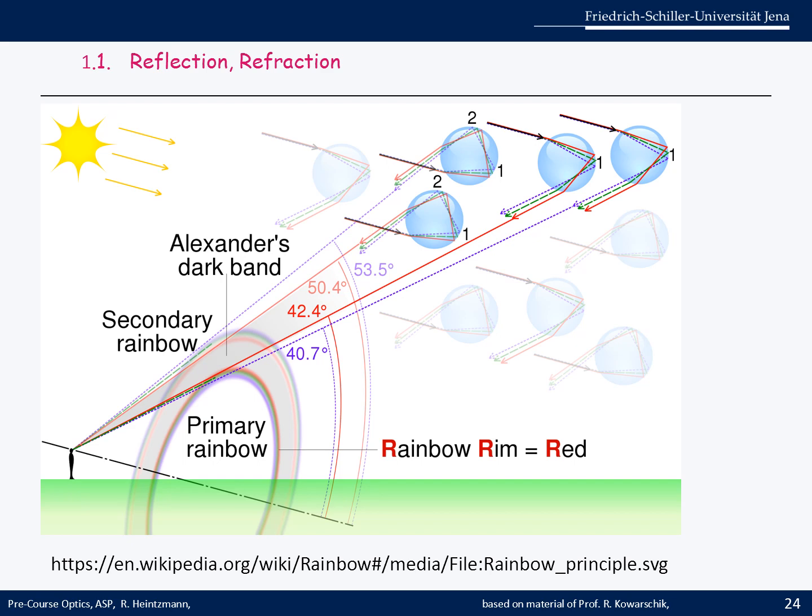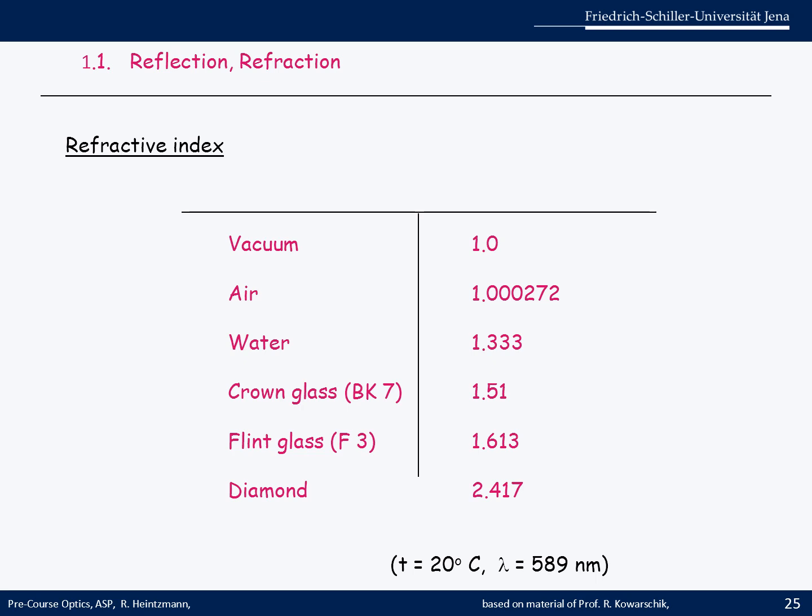Okay, so enough about rainbows. What I've done here is there's a table of refractive indices of different media. So this is sort of good to know. So in the future, when you get a little bit of experience working with actual optics, you will at least remember a few of them. I would say the most important one is that vacuum, of course, has a refractive index of 1, which means